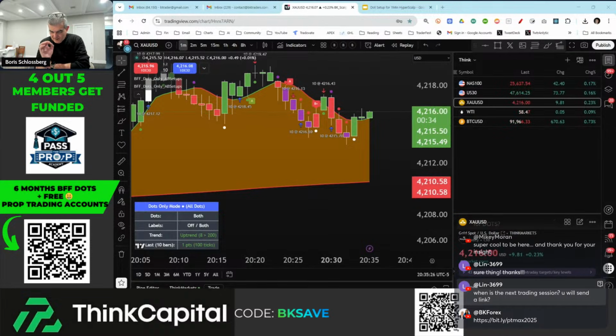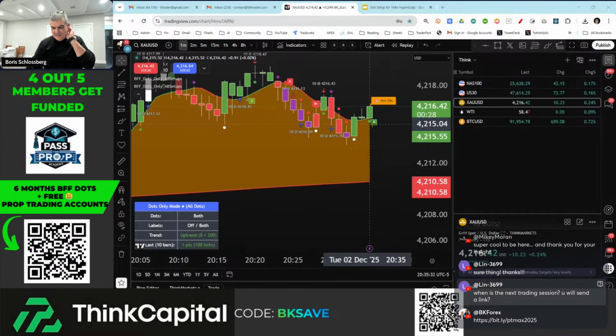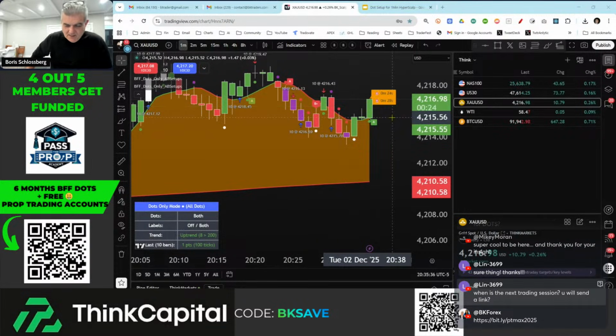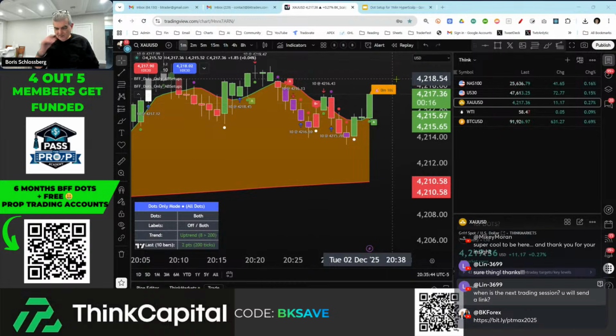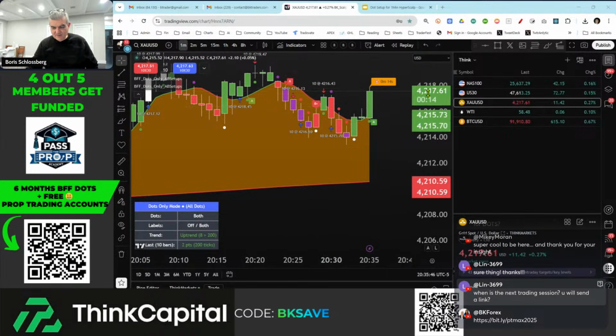This is on the cusp of showing a reversal setup for us, because what we really need is, here we go. See, it gives us the A setup. This is the reversal setup. Slope is green, candle green, big pop. It's probably going to try and make a run back up towards the highs. So, wow, it's really, really running.